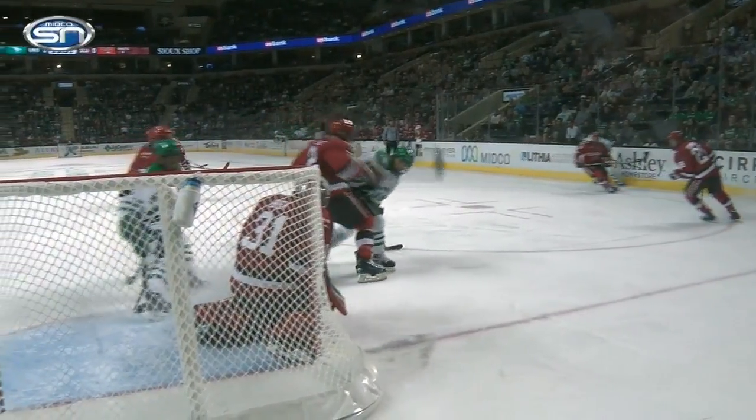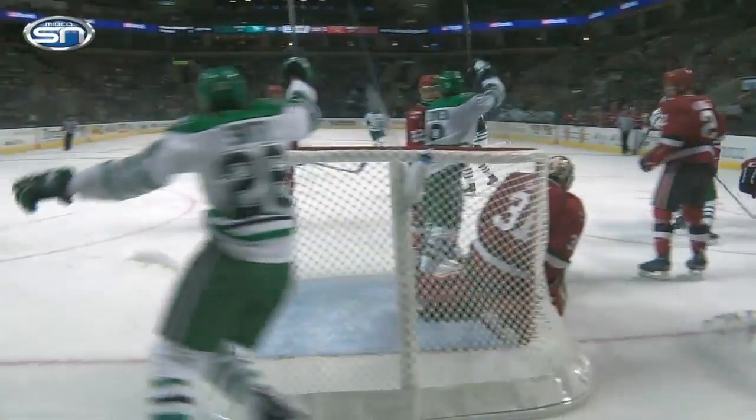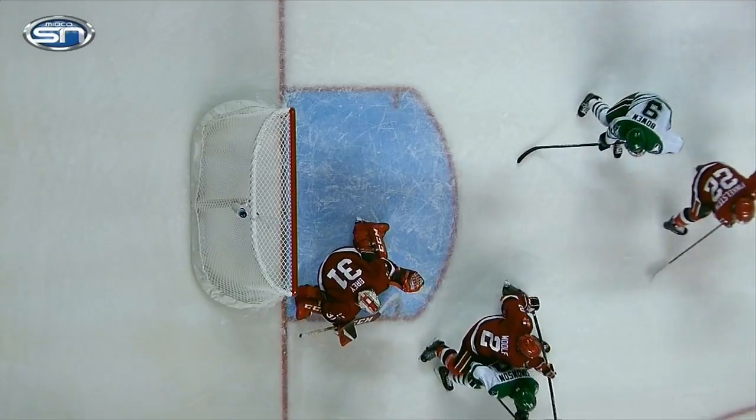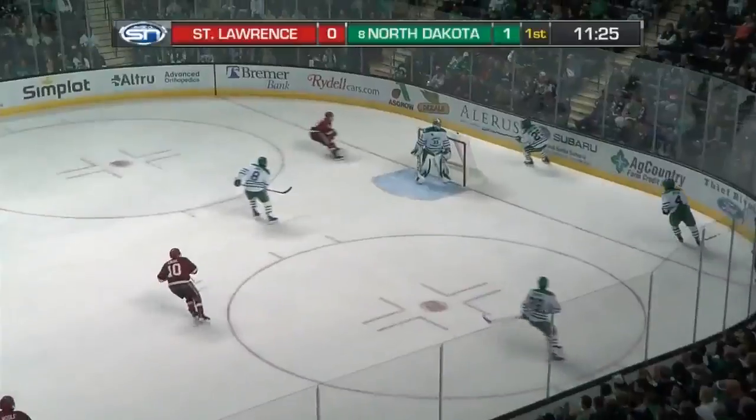You see that little fan of the stick, sometimes that catches the goaltender's eyes and you lose sight of that puck for just a split second. You can see him battling through right here. That little flick of the stick and it goes right off of Bry. Hit Carson Gusevich